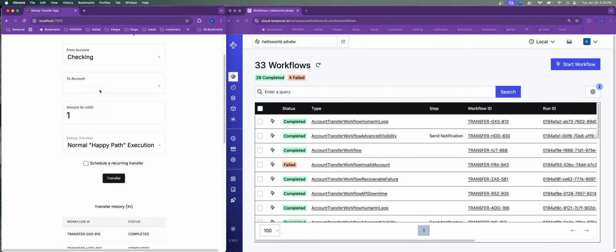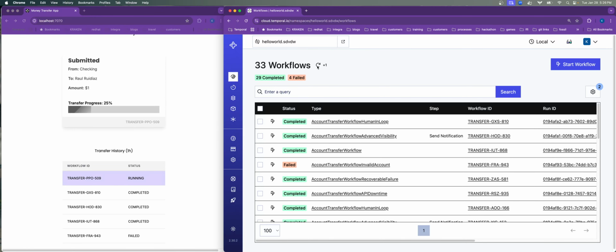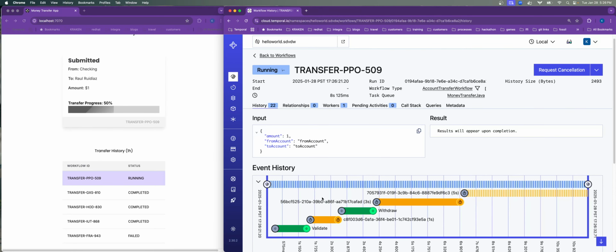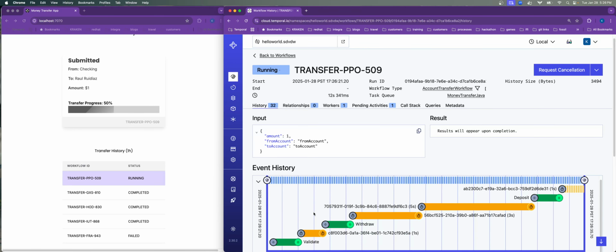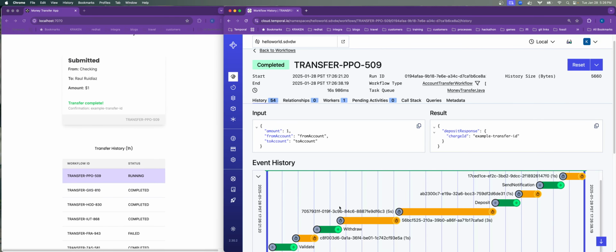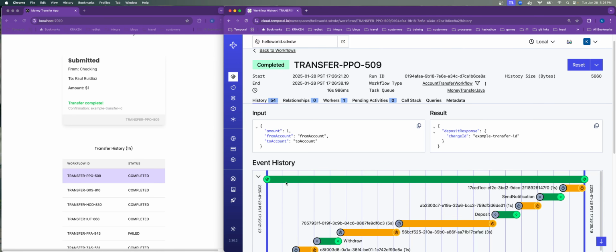So I'm going to select the account where we're sending this money to, $1, and I'm going to start my happy path. So I'm going to hit the transfer button here, and it's going to kick off a workflow, which is going to show up on Temporal over here, and we can click into this workflow and we can see the event history. So Temporal is an event sourced system, and all events are stored in the event history. And here we can see a timeline view of that event history and all of the tasks we've executed. So here we did a validation activity task. We've done withdraw. There's some timers in here which are in yellow. Activities are green, and you can see how long this completed and how long each of these different